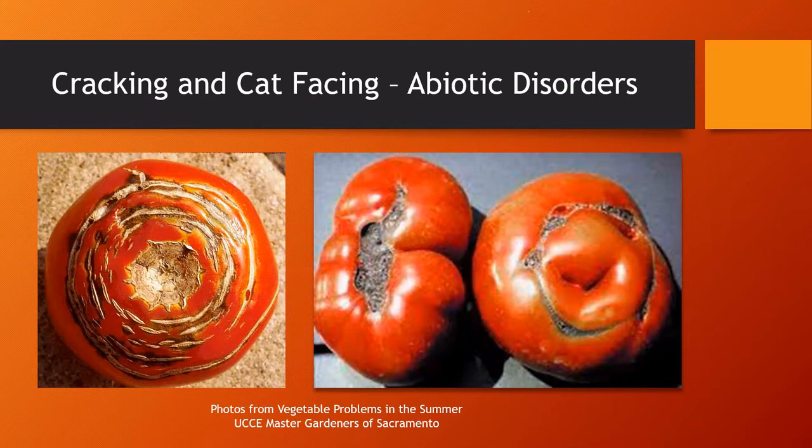Now on the left, that's cracking. And that is also something that we tend to see in the fall, mainly because cracking occurs when a tomato has reached its full size with the skin, and then it is given a shot of more nitrogen or water that has led it to try to grow even more. And so it tries to expand and it cracks. I have seen this most often in the fall when we have a monsoon season, where, because I always water in the morning, and then an afternoon rain comes and adds more nitrogen-rich rain and water to the plant, and boom, we start to get